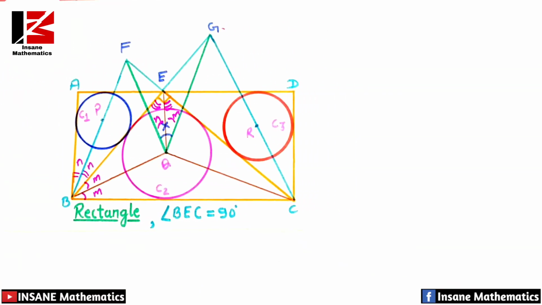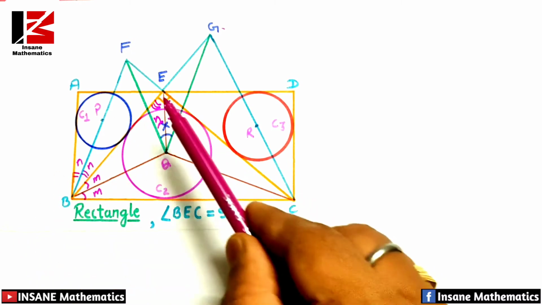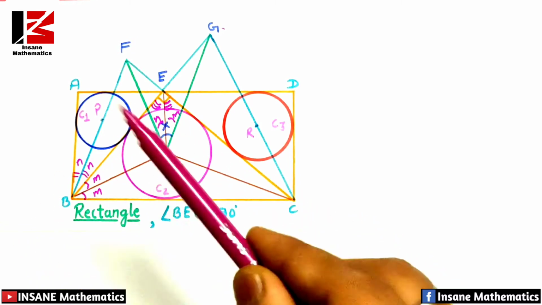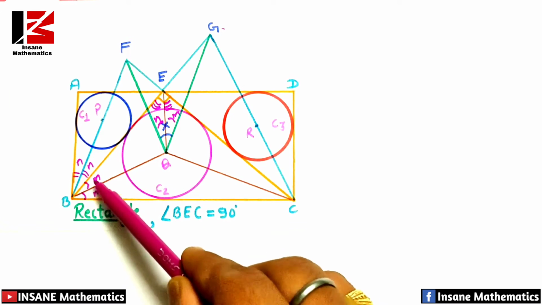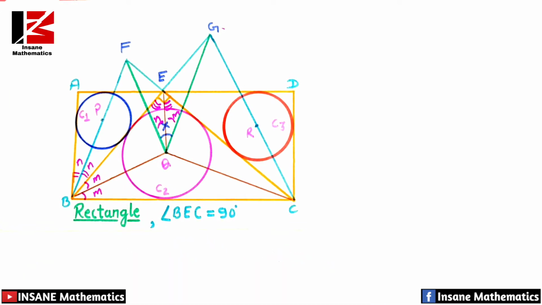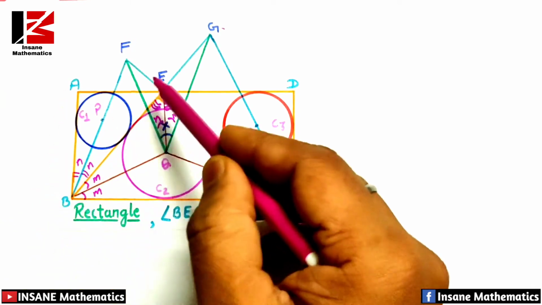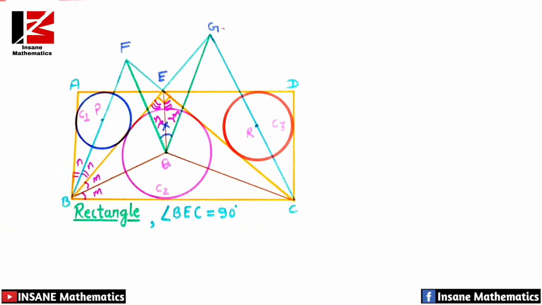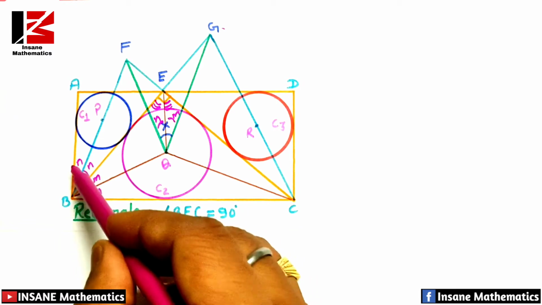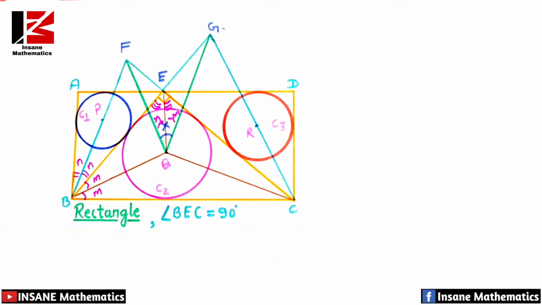So now in the solution, what we have done is we just joined the points B, C, E to the point Q. Now we can see BE and BC are tangent to the circle C2. Therefore these two angles will be equal. Let us suppose these are M. In the same manner, BA and BE are tangent to the circle C1. Therefore these two angles will be equal. Let us suppose they are N.